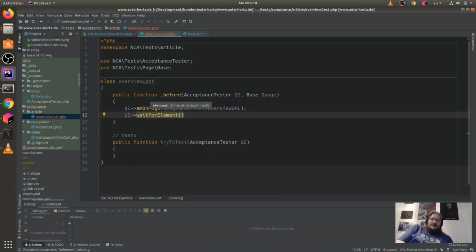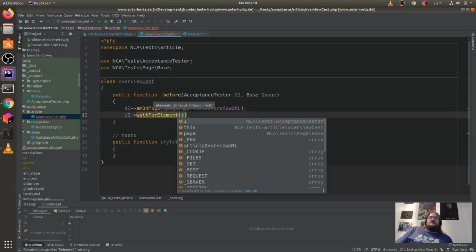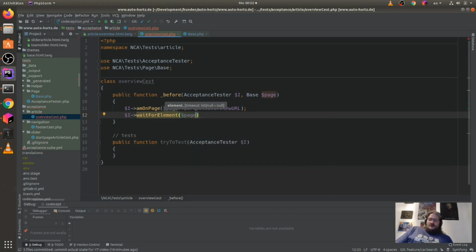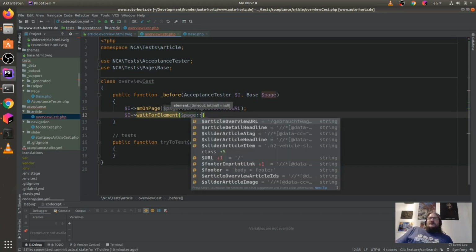We just have this article ID here. Page double point.